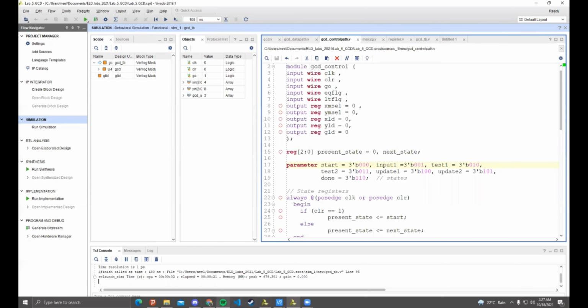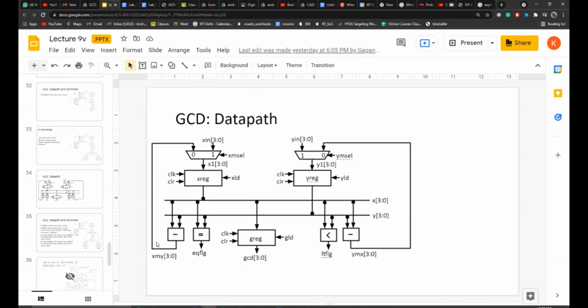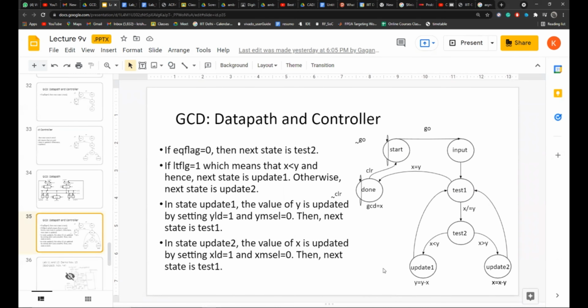So what you need to do is, in the FSM, whenever the state is equal to done, then when clear is equal to 1, it is going to start. So you can create another signal which tells us when the value of x and y have changed.